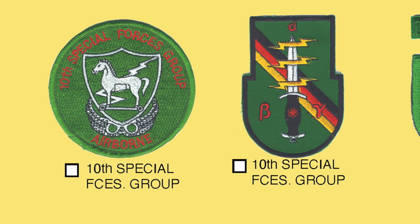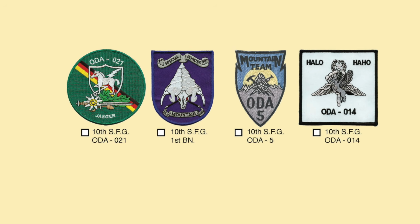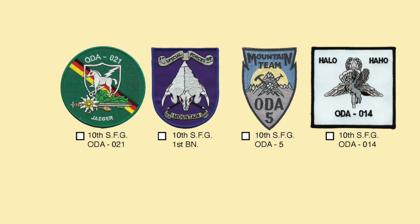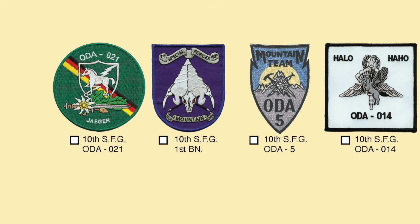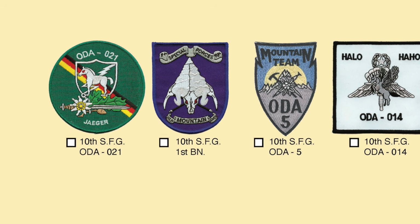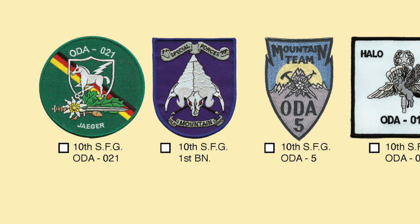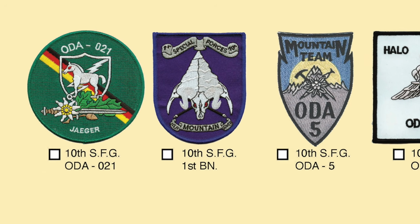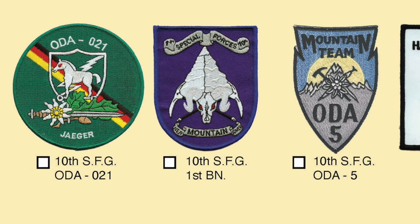the center patch. Here's some unique insignia from the 1st Battalion of the 10th Special Forces. You can easily identify that is the unit that's in Germany because, well, look, the mountain team, you can see the sheepskin or sheep head melted into the mountain in the center, 10th Special Forces 1st Battalion patch, and you can see the German word for hunter, Jäger, in the ODA 021 patch,